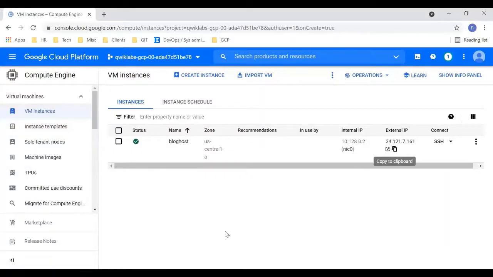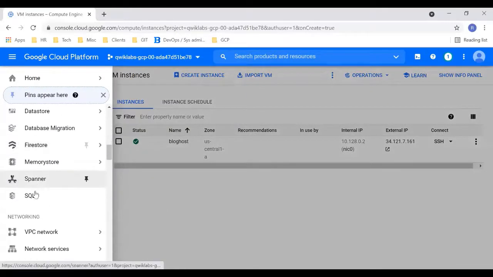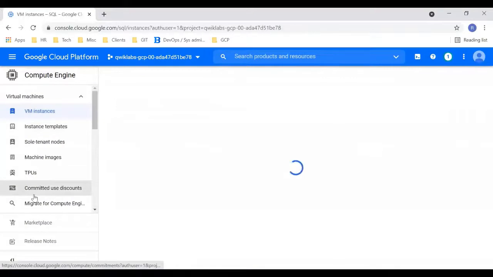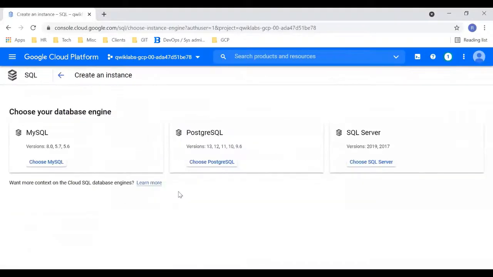Okay, now task 2, we need to make a Cloud SQL instance. So for this, go to the navigation menu, go to SQL, go to create instance.